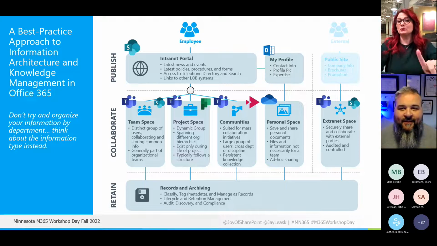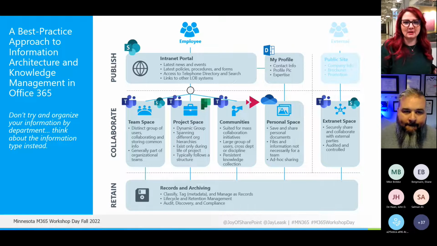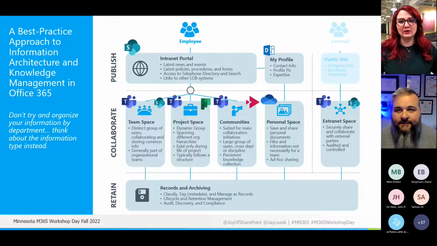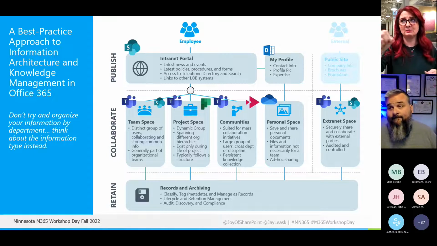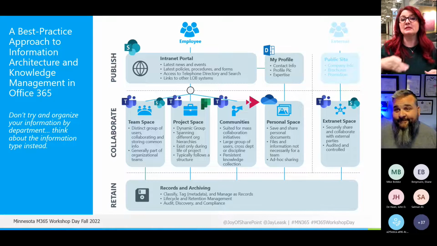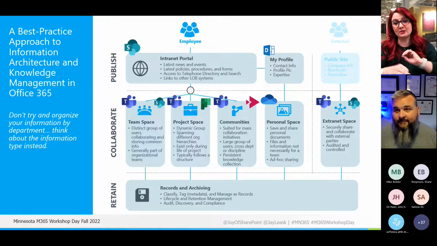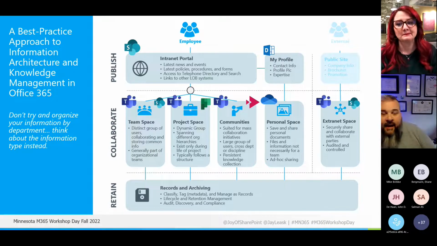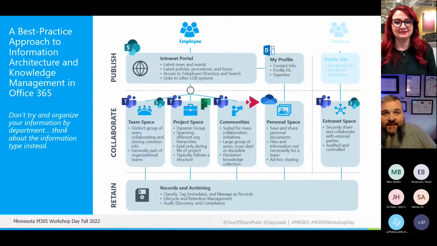But I would absolutely also say, even though we're here to talk about teams and teams administration and adoption and governance and all that really amazing stuff, don't ignore that SharePoint site that's sitting in the background, because not every document your team is working on should be in the files tab of one of your channels. If it's not going to be edited, if it's not going through a lot of work and changes and versions, create a space for it to sit on your team site. But that's a conversation for another day. I just felt the need to throw that out there. Don't ignore the SharePoint piece. I completely agree, and I will give you an example. No, I won't. Moving on.